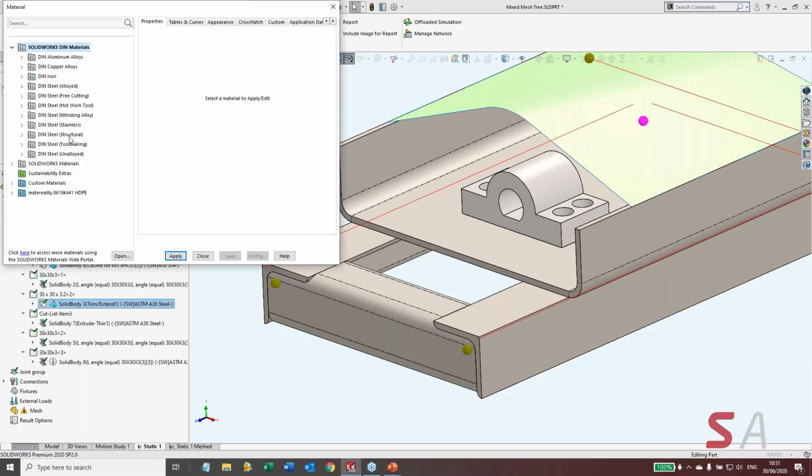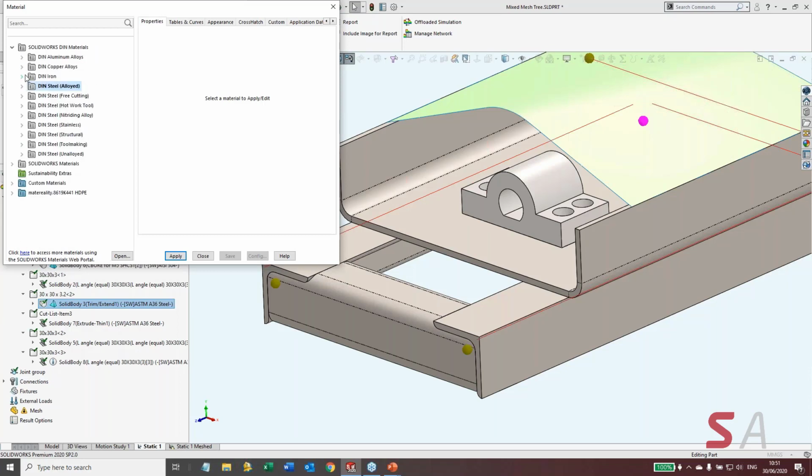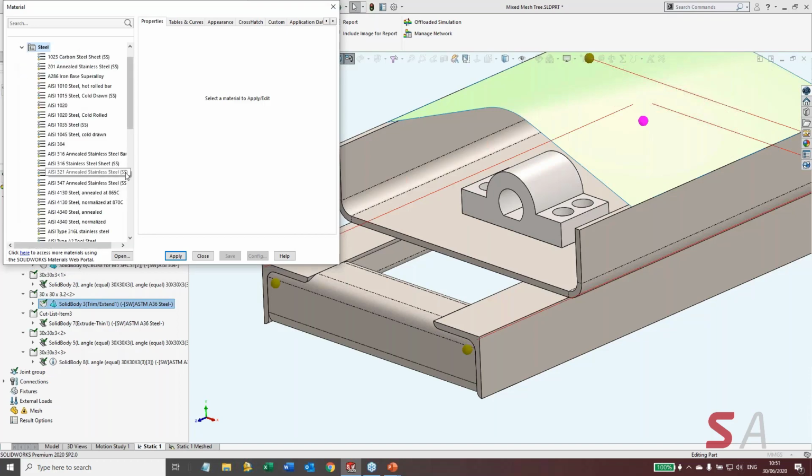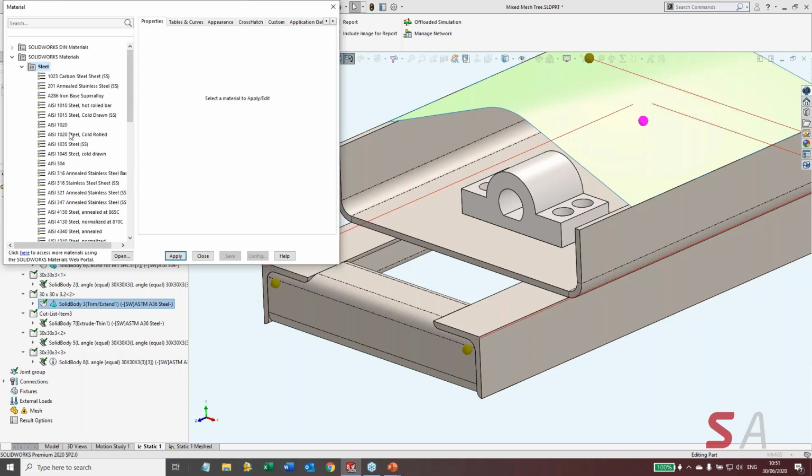Let me collapse it. Those are our DIN materials. You'll notice a lot of various types of detailed steels that are used in European design shops. It's actually a good database. There's your basic SOLIDWORKS materials. This is not a super comprehensive database. If you look at the steels, there are not even 2 screens full. It's a pretty decent selection, but one of the things I want to call your attention to is